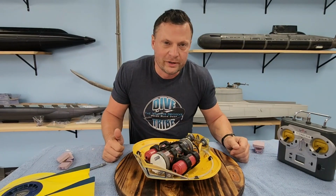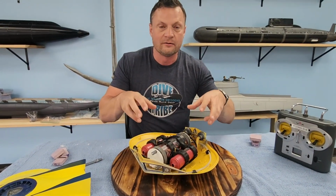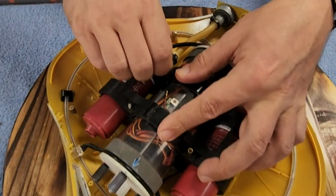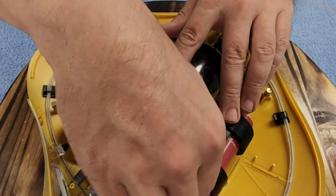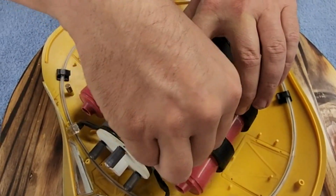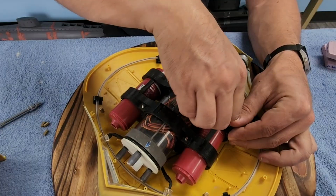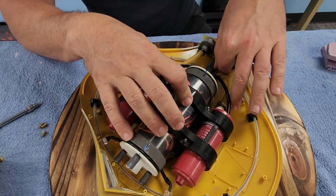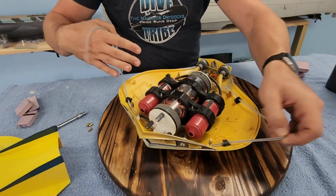So I want to show you just how quick and easy it is to extract the entire internal running gear from the boat. These have been loosened off. I'm just going to take these off by hand. These are our brass standoff nuts, and that holds these clamps, these bulkhead clamps, down on the sub. So taking those off, I'm going to disconnect the lighting lead from the back. I'm going to pull all of the receiver cable out, and this